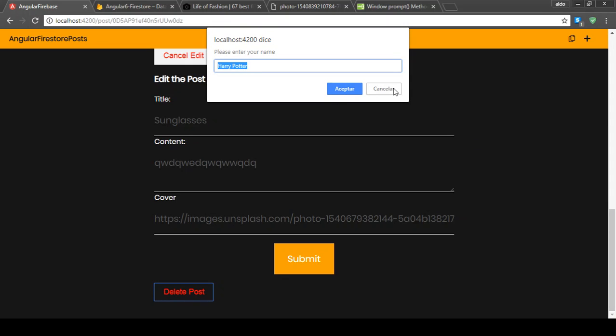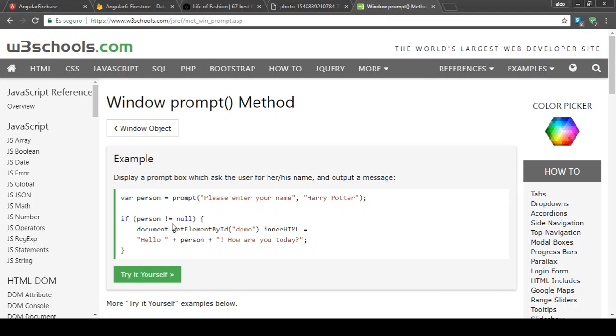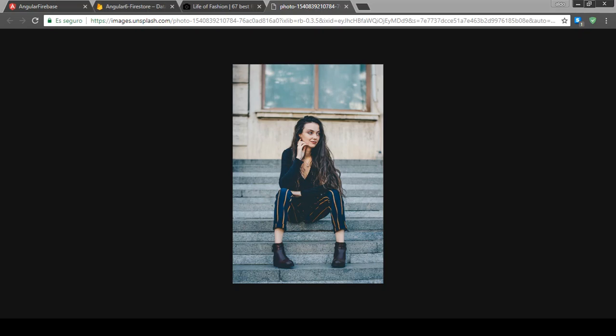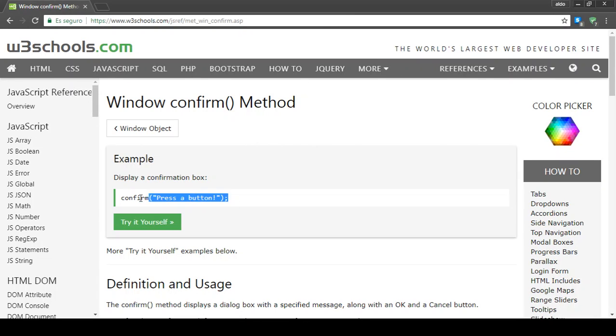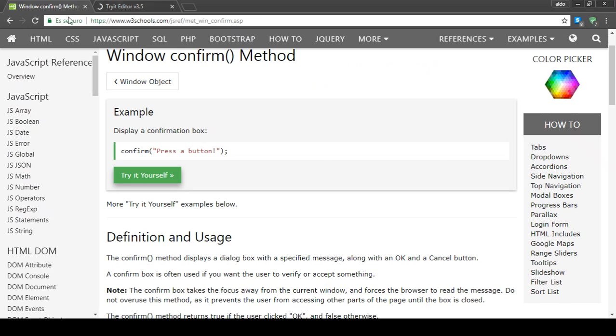So it wasn't a prompt, it was a confirm, right? Let me move this out of the way. It's a confirm. I think it's the same syntax, but my memory is really bad with this kind of function that I rarely use. But you should use this confirm. Try it yourself. If you want me to make a video about W3,